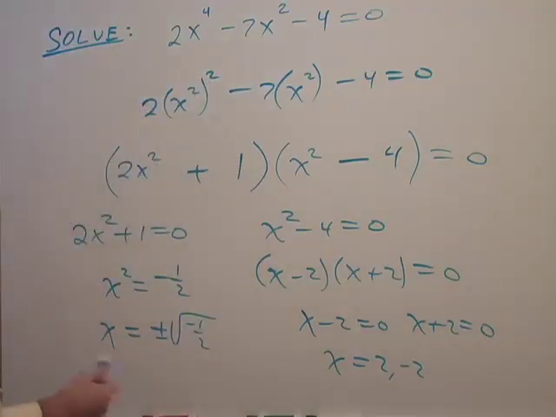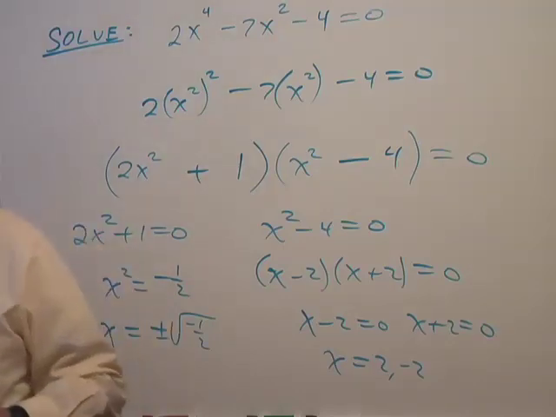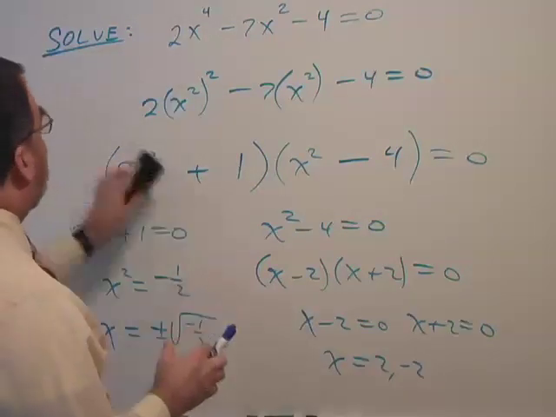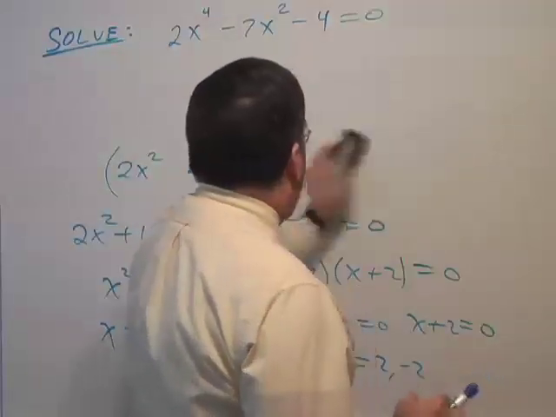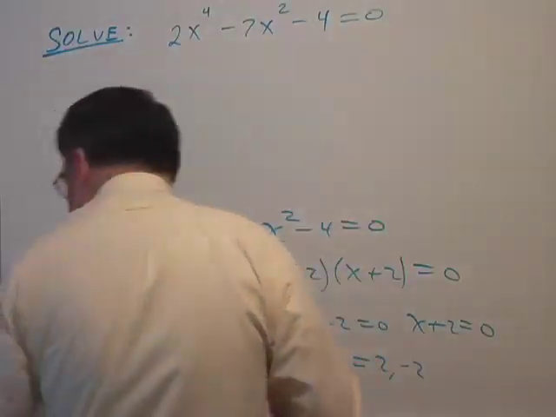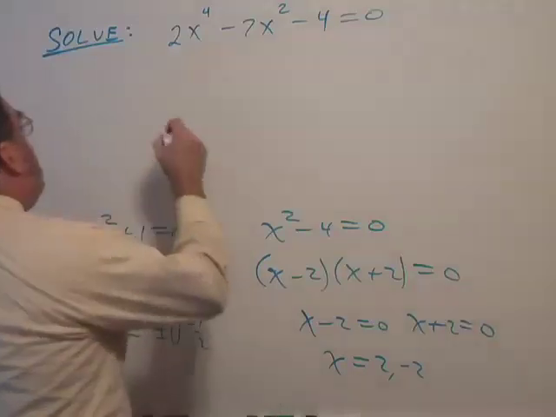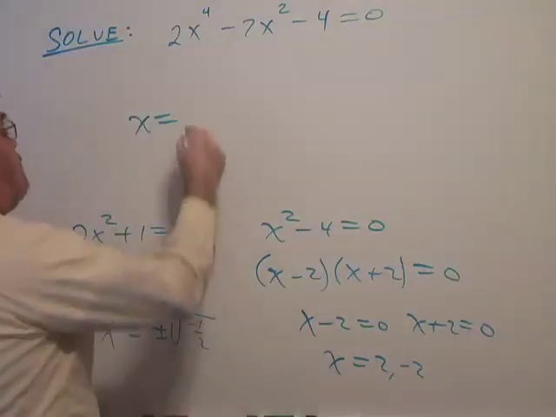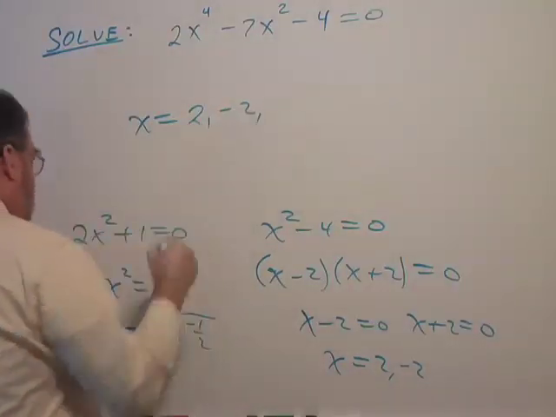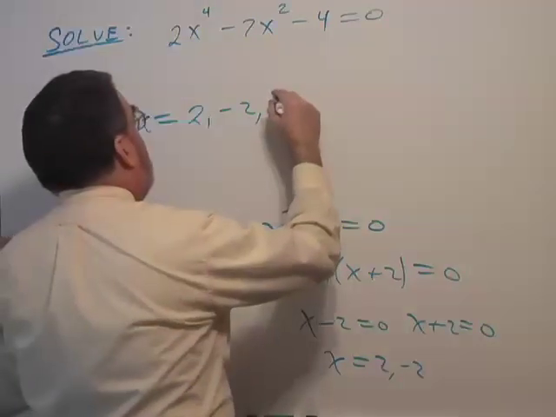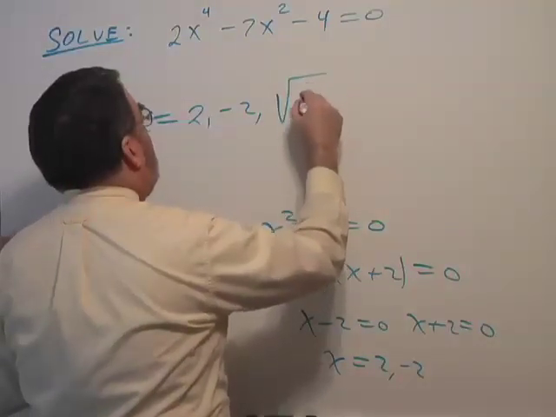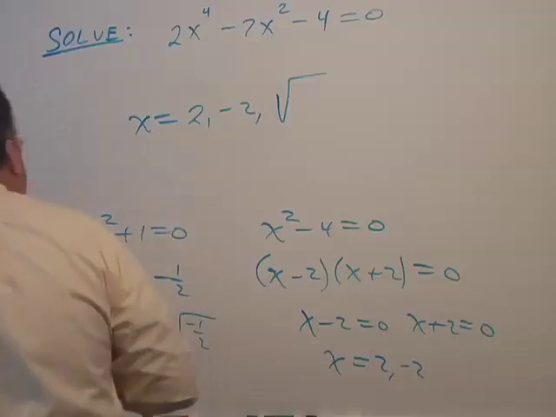Alright, so we have solved it, and let me finish it because it's really not quite finished. We don't write complex numbers this way. We always factor the i out. So I'm going to write out the answer so it's clear. Having run out of board space, I'll just have to erase up here. So our answer would be 2, negative 2, and let me put the i in front,